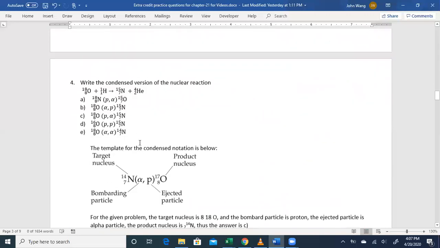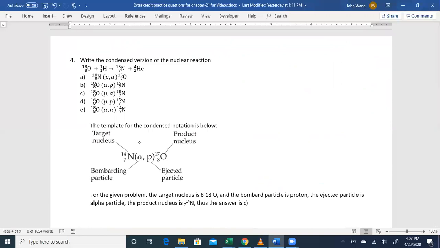Question number 4 is about writing the condensed version of nuclear reaction equations. In some of those nuclear transmutations, we can bombard some target nucleus with some small particles like proton or neutron, and produce the product nucleus. So this is the usual way to write equations, whether it's a chemical equation or nuclear chemical equation, with reactants and products. Then scientists devised an easy way to write those equations, and this is the template